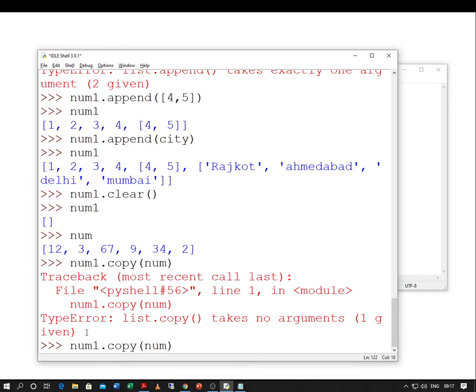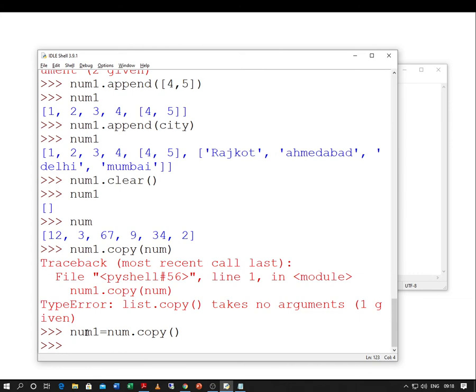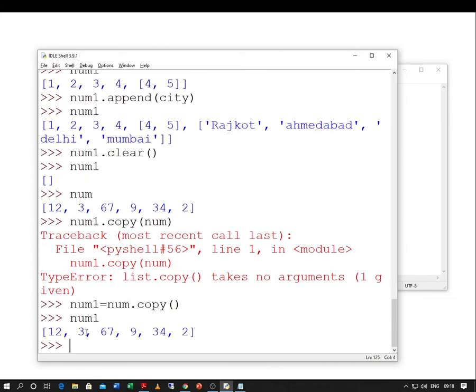I made some mistake over here. Num1 is equal to num dot copy. The syntax of making use of the copy method was incorrect. Let us try to check num1, and there we have.